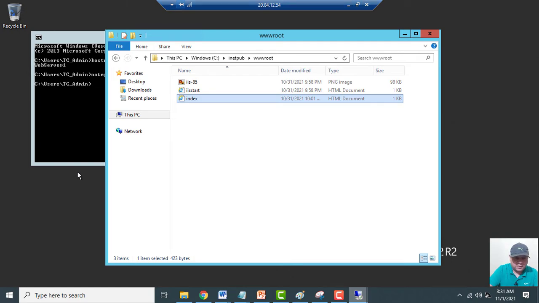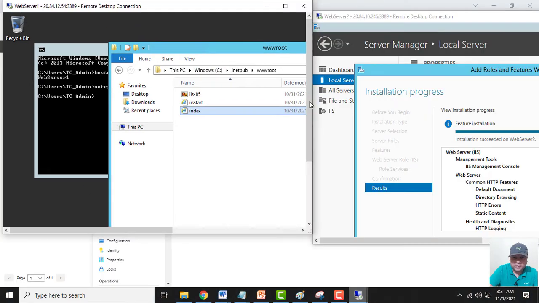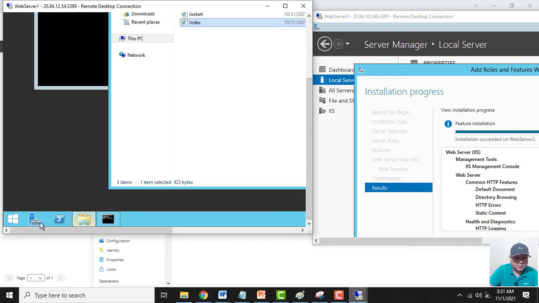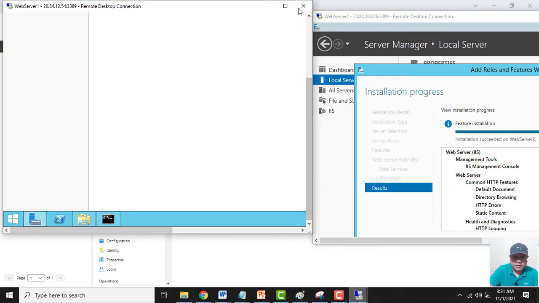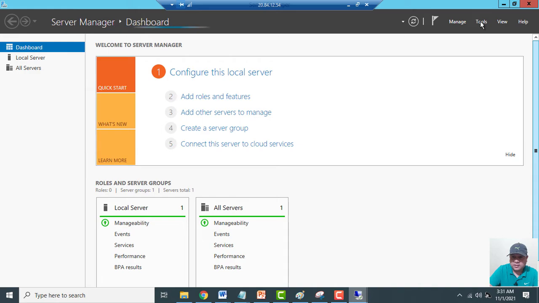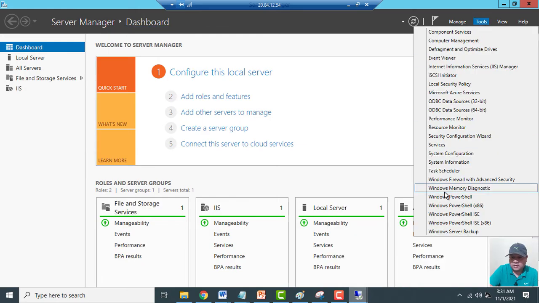Now let's see if this web page is working or not. To check that, let me open the IIS tools, this IIS Manager.